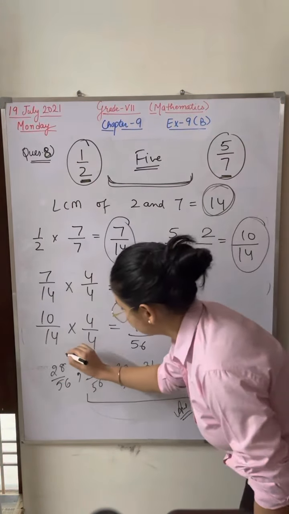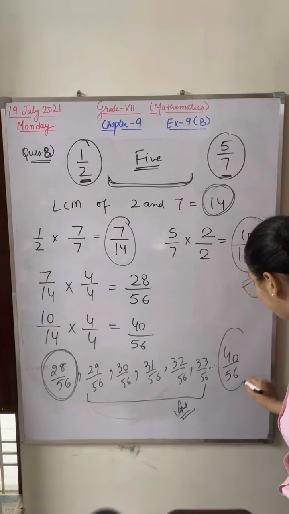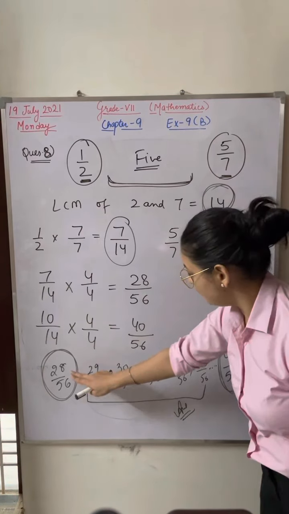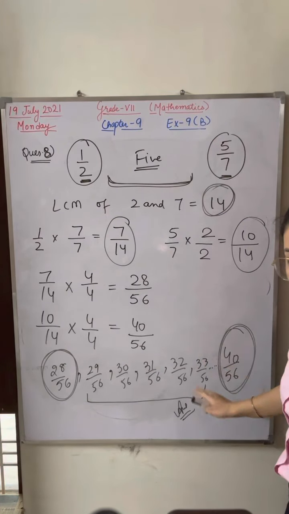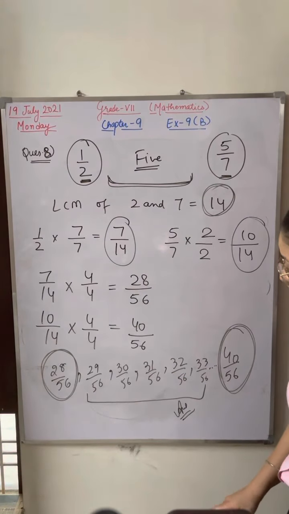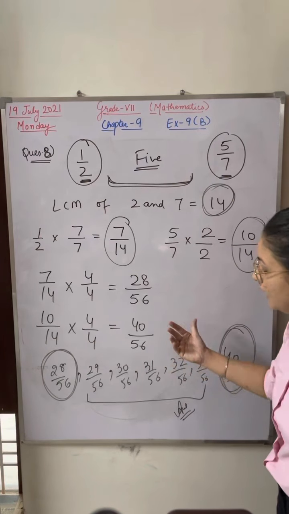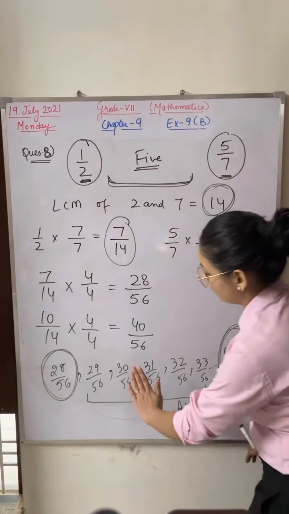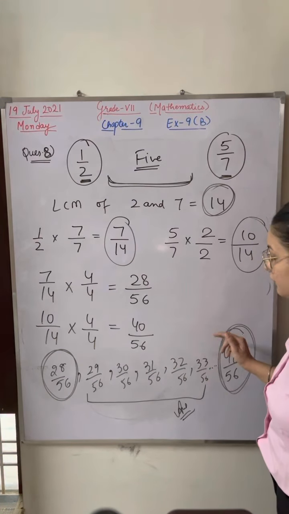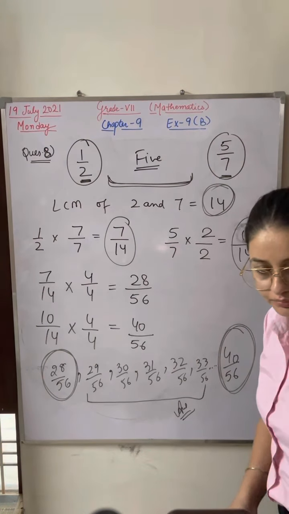Write down this rational number here at the starting point and this rational number at the ending point. Always write down in this way. This is the starting rational number, this is the ending rational number. Now insert any 5 rational numbers. Right? Then 29 by 56, 30 by 56, 31 by 56, in any way. Okay, suppose you have not written these two. You have written the rest of the numbers 31, 32, 33, 34, 35. That is also correct. Okay, any 5.